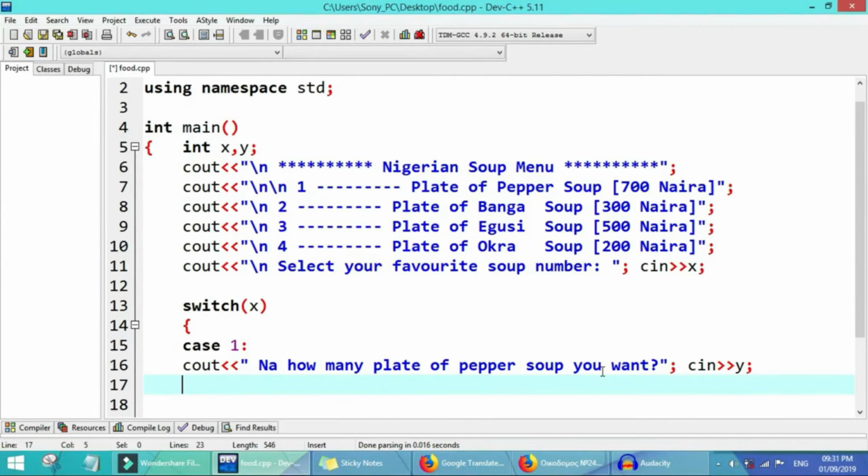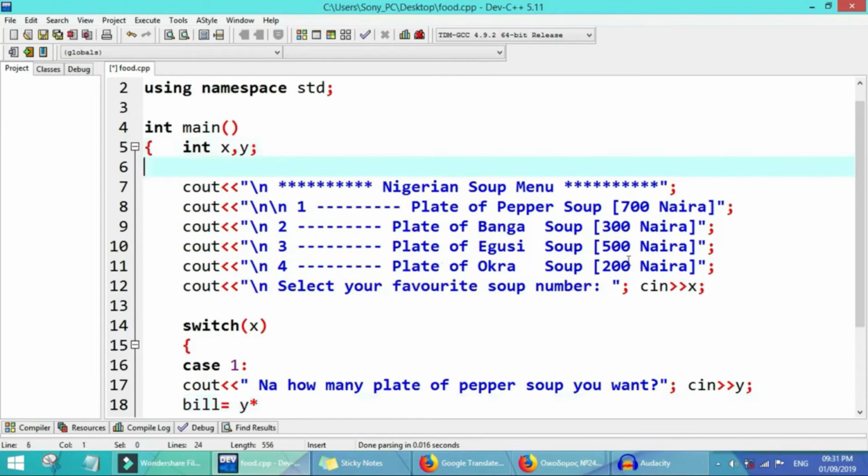The next thing now, we need bill. So we'll say bill equal to the quantity times the price of our item. So which item we get for here? We get pepper soup. So now we need to define our pepper soup.